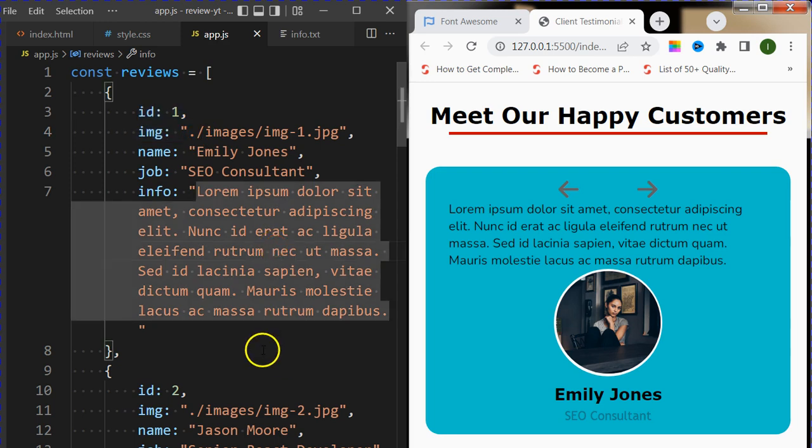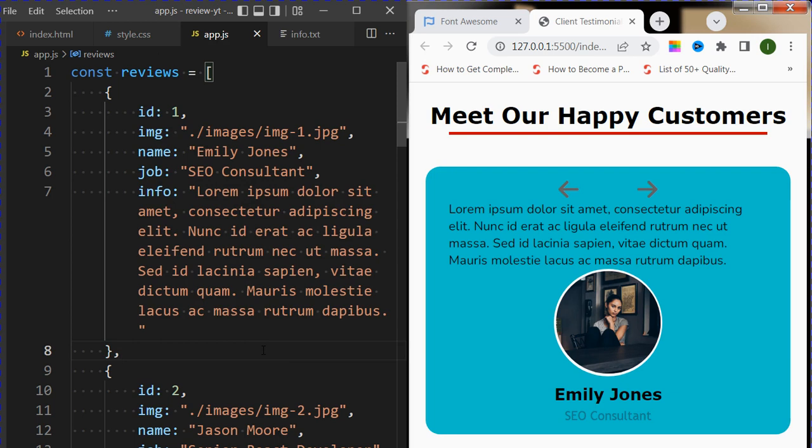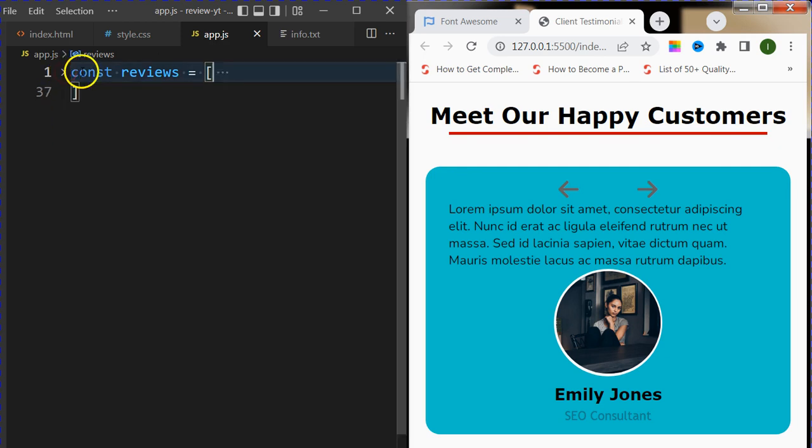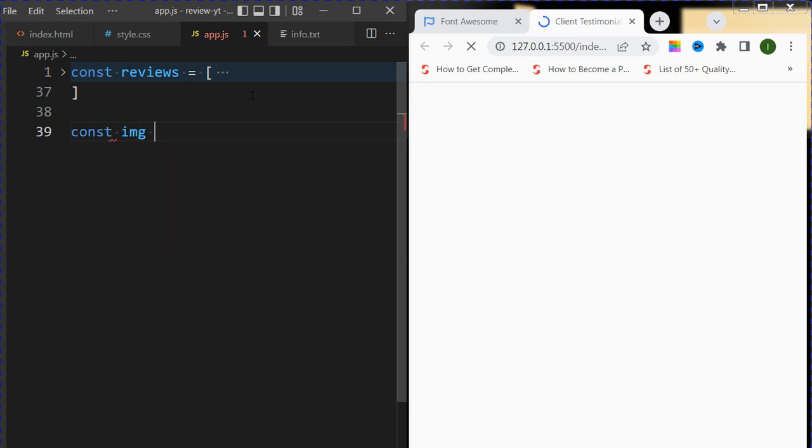Normally, in the real world, this data will be on an external server where you will be required to fetch the data using a URL. For the sake of this project, I created this data locally. I'll first select my HTML elements that I need. The first is const img equals